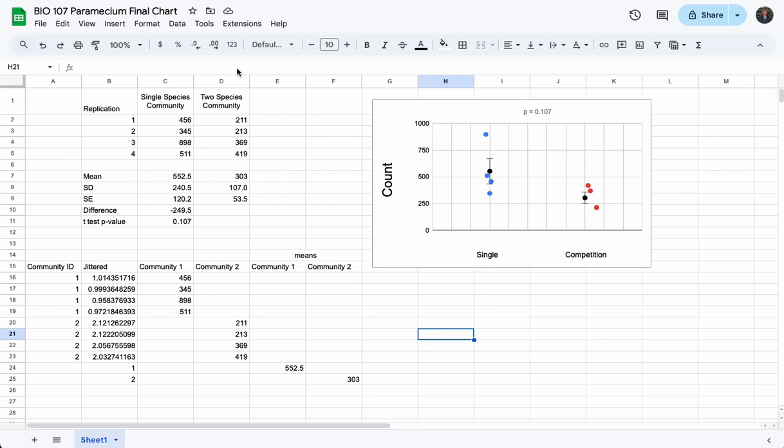Okay, we have data from an experiment with 4 replications, and these are counts of individuals in a single species community and a 2 species community. And we have some statistics of our replications, including the mean, standard deviation, standard error, the difference in the means, and a t-test of these counts versus these counts. And what we want to do is plot these data using a modern